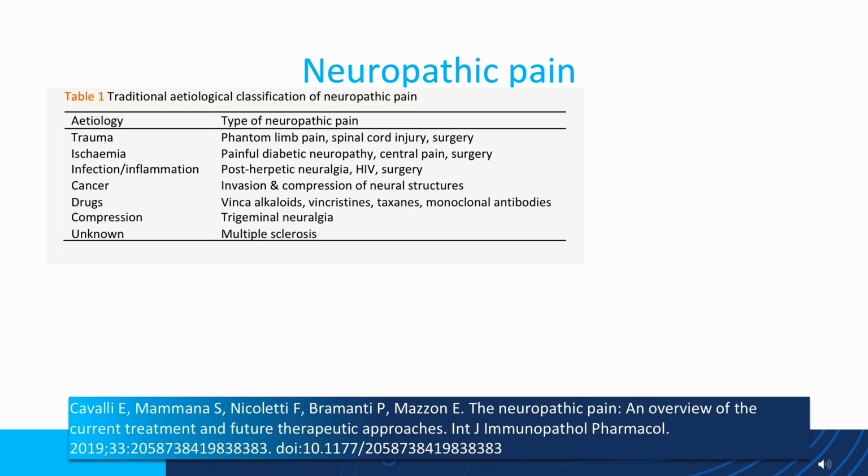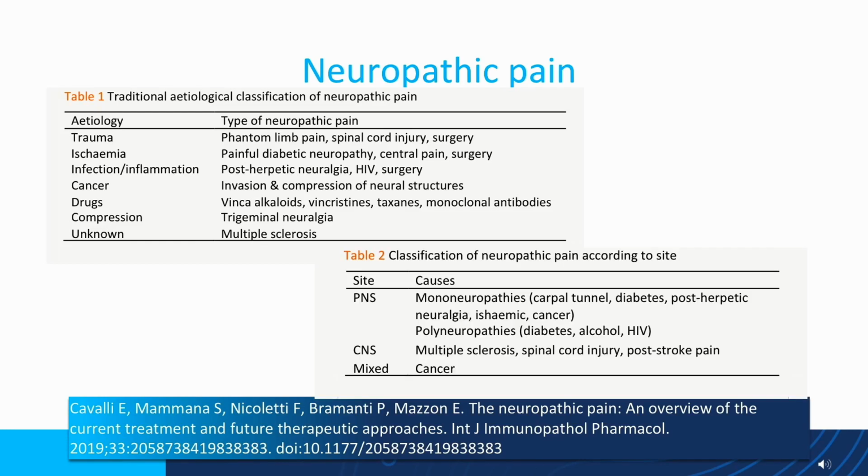How do you diagnose neuropathic pain? Well, it comes down to classification of neuropathic pain, and you can classify it according to the etiology. Is it a traumatic-induced neuropathic pain? Is it an ischemic-induced neuropathic pain? Is there infection or inflammation? Drugs, so chemotherapy-induced peripheral neuropathy, very common. You've got to ask patients about it, they don't usually volunteer peripheral neuropathic pain. So with patients with cancer, you've got to ask them specifically, do you have pain in the hands and feet? Compression and things like multiple sclerosis.